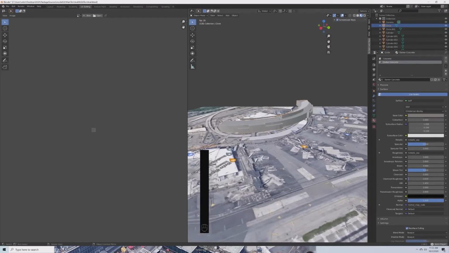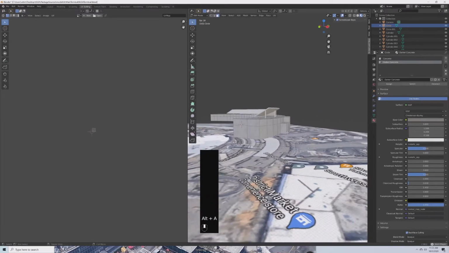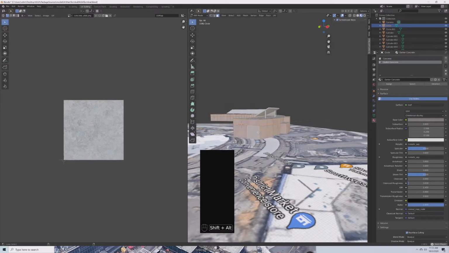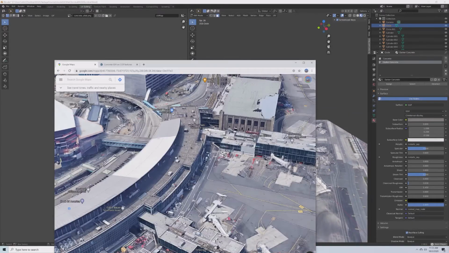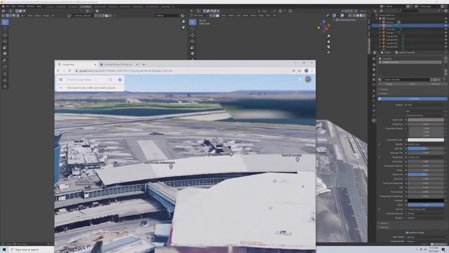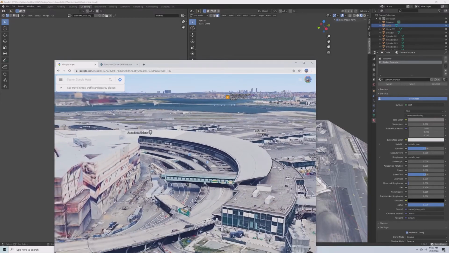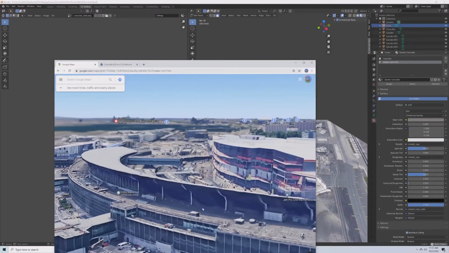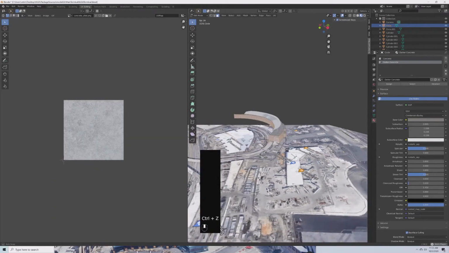Very cool. Now we get to go to the fun part. The fun part is the glass and the metal. So what do I want the glass and the metal to be? Let's see. I want it to be all of these faces and all of these faces. Actually, what does the back of this terminal look like? Oh, that's also glass and metal. The first time I tried this, I actually didn't pick up on that. But basically, I just want these glass windows to stretch all the way around. So now with these selected,